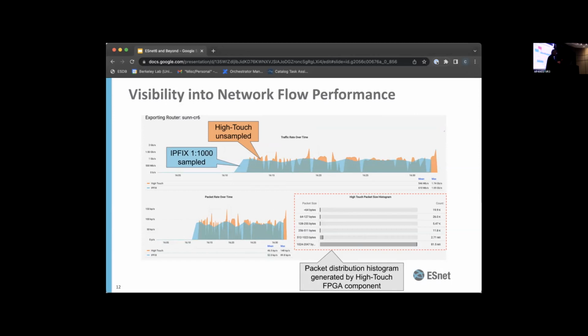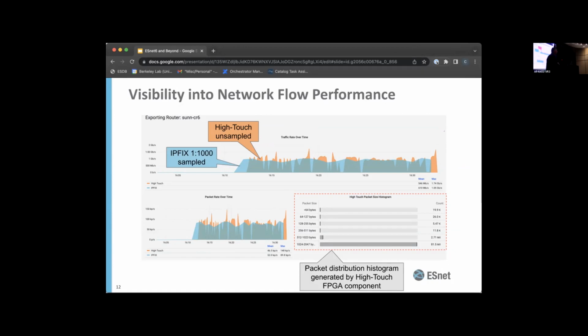So right now, the FPGA is not in the forwarding path because it's a new platform and we're being conservative about what we do. But there are ideas about putting the FPGA into the actual forwarding path. So you can do things like NDN without actually having to update your router OSs, right? So here's an example